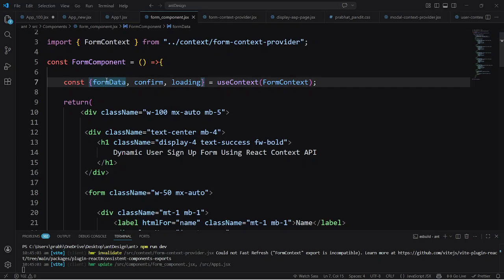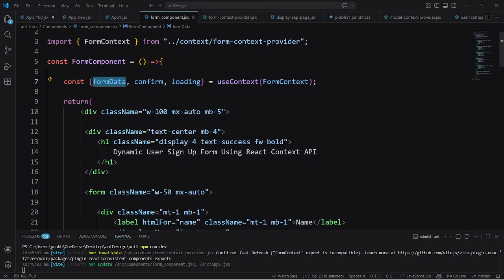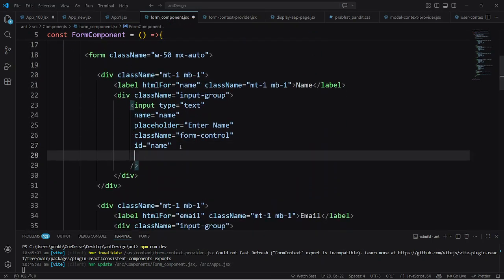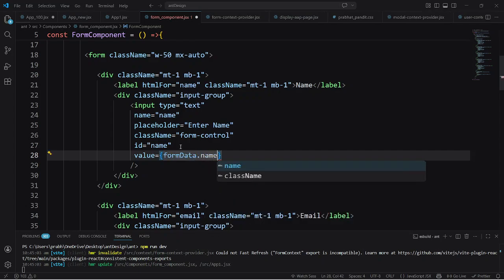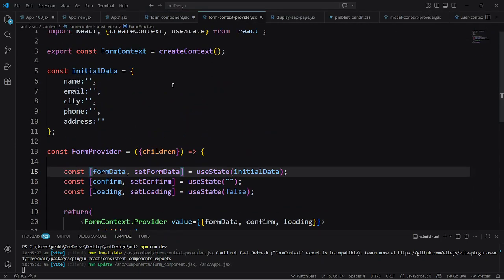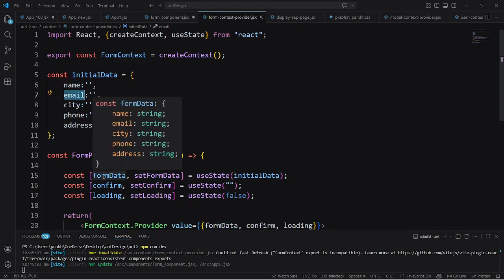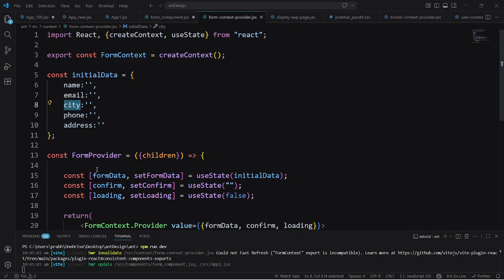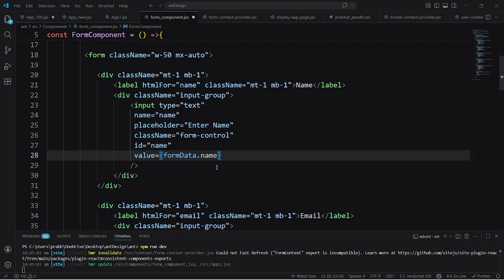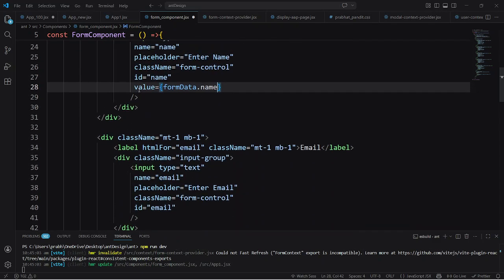copy this, and come to this input field. And now instead of value we will give here this form data.name. Form data.email, form data.city, form data.phone, and form data.address. So what I'm doing here only, let me copy this value,